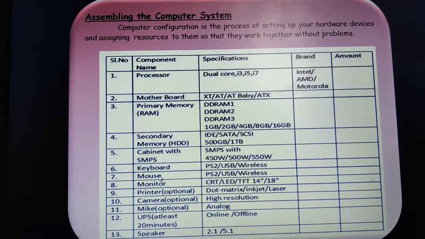Then the keyboard. Keyboard is nothing but PS2, or USB, or we may have a wireless keyboard. USB, universal serial bus, isn't it? Wireless keyboards and all we have studied in the first year, input output. We have compact keyboards, wireless keyboards, virtual keyboards. Then we have the mouse. Mouse again is connected to the PS2 port or through the USB, or it might be a wireless mouse also.